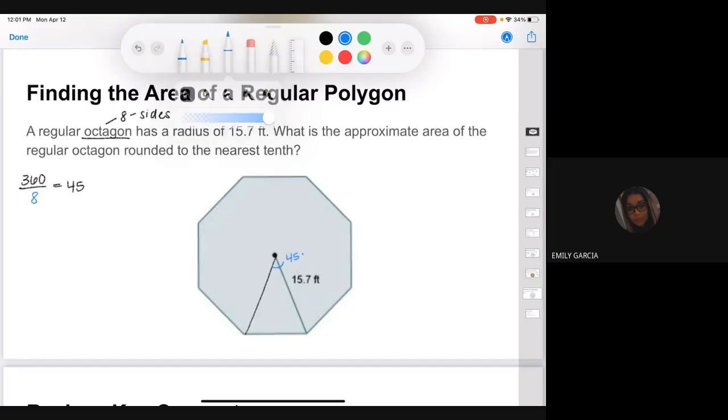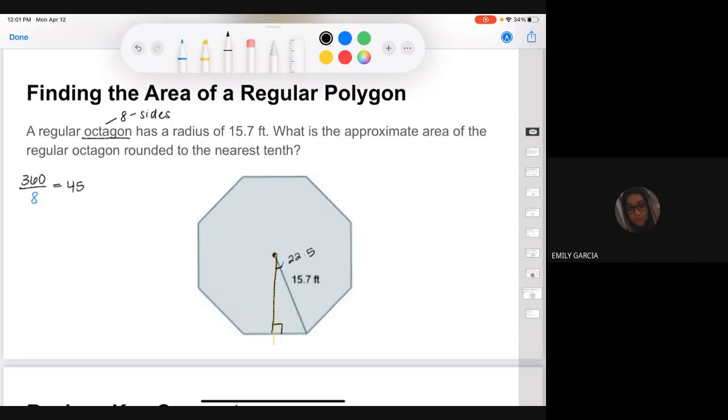What I know is that my A, my apothem, is my perpendicular bisector. And so that means that it would bisect not only my side, but it would also bisect my angle. So I created my apothem, which is a perpendicular bisector. And so because of that, I can bisect my original angle. Bisecting it means I can divide it by 2. And I can identify that that new, shortened angle, or bisected angle, is 22.5 degrees. So now what I have here is a right triangle,